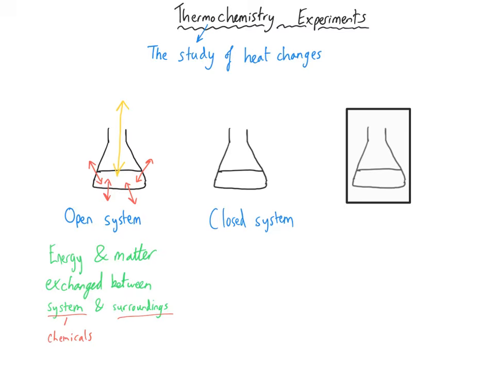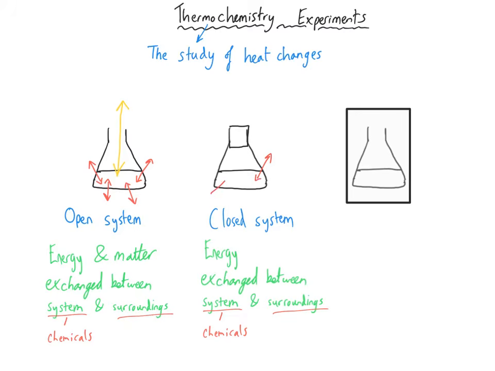The second type of experiment involves a closed system, and that's where we take our conical flask and we put a bung in the top. And this is a slightly simpler scenario because only energy can be exchanged between the chemicals and the surroundings, because there is no way for gases to get in or out to this system that is closed to the outside